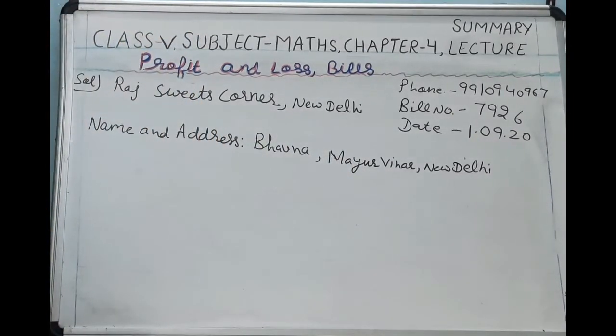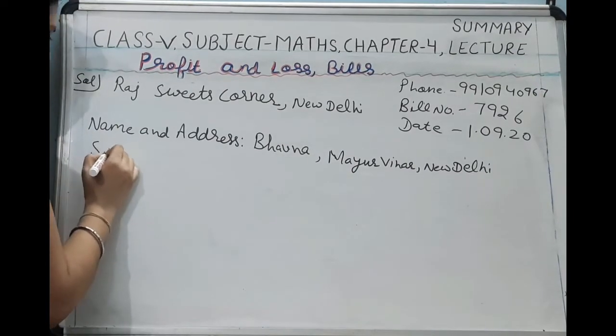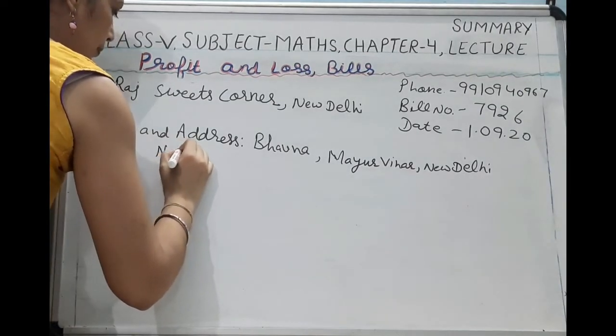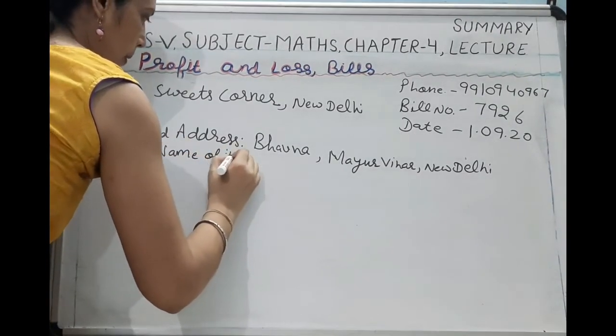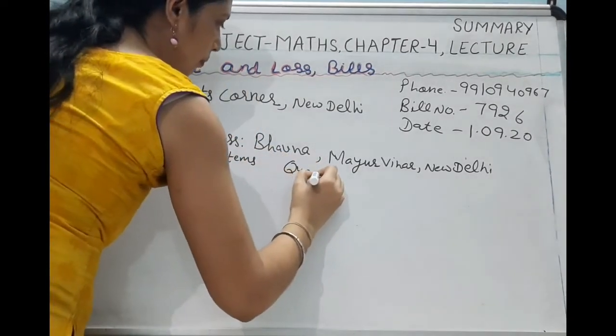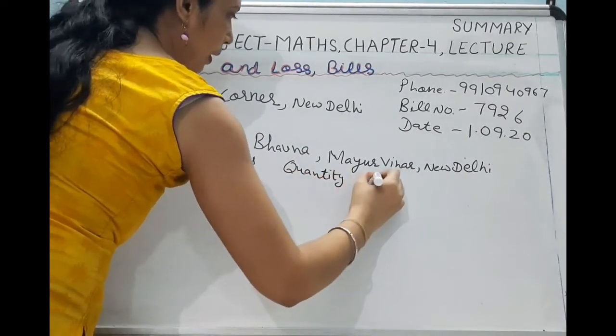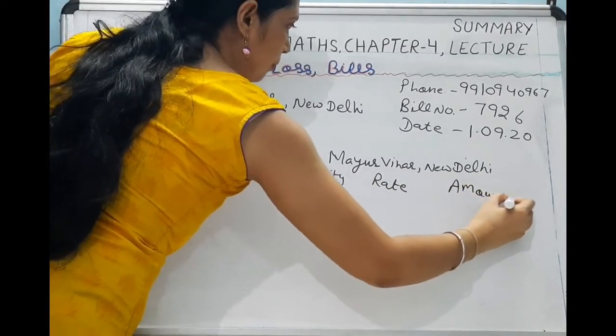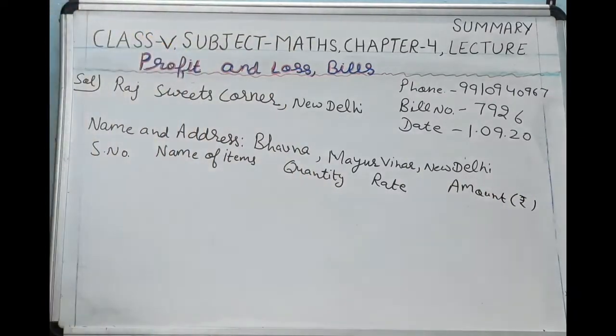Now we have to prepare the table. Serial number, name of items, and then quantity, rate, amount. Rate may be rupees or kilogram. Quantity also depend on the things what are purchased. Now we will write down